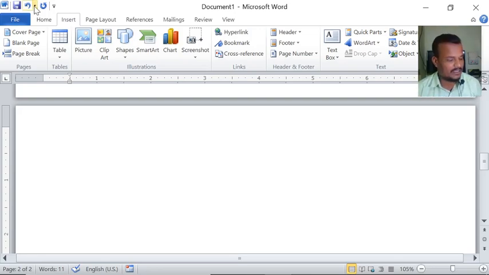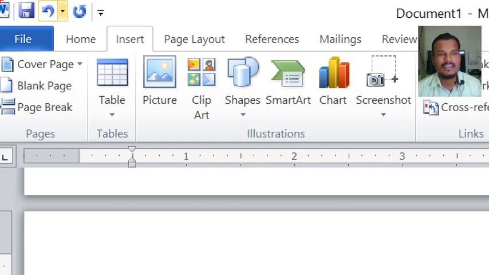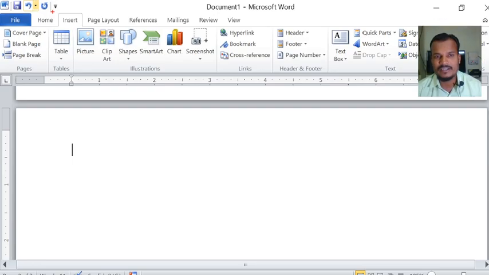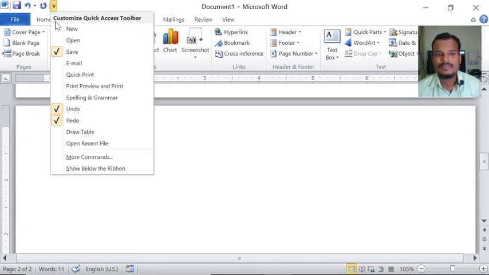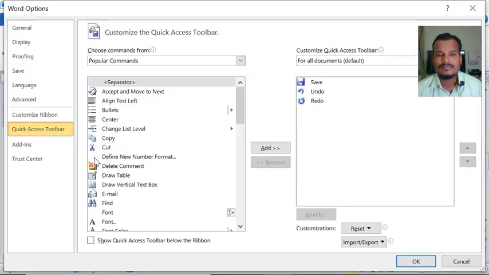You observe here, this is the quick access toolbar. For that, the procedure is click on this drop down arrow button on the quick access toolbar. After that, click on more commands.